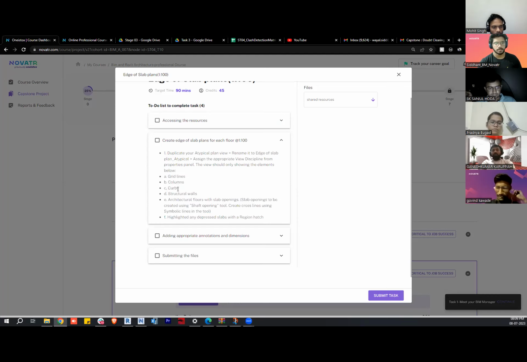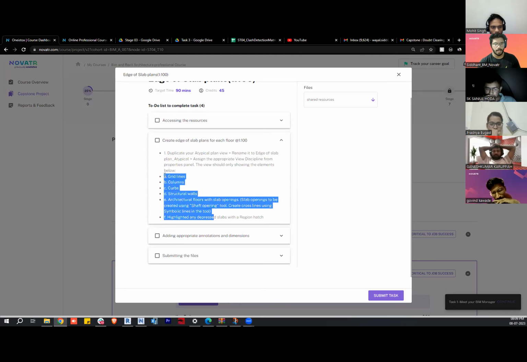Grid lines, columns, curves, if you had them. If not, that's okay. Structural walls. Do not show architecture walls. Structural walls are the only walls which are near the elevator shaft, so just confirm which are structural and which are not. Architecture floor slab openings will be there, and shaft openings will be there too. So these are the only things you will have